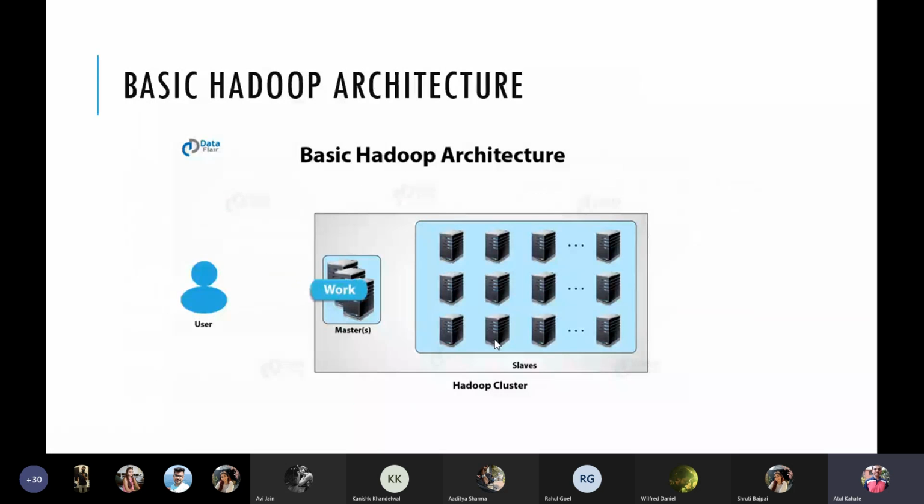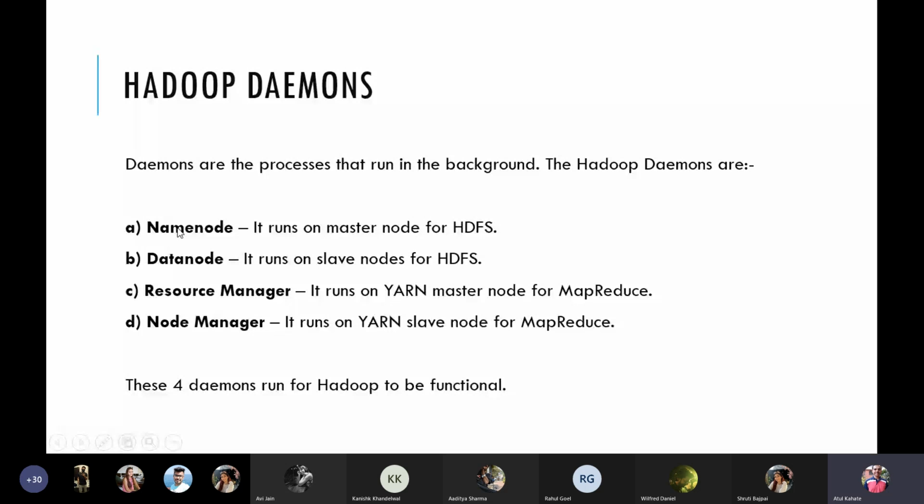which is also why you will see that this diagram carefully shows here multiple masters, which means that in case one of the masters is not working or has failed, then maybe there is a standby, because on the master daemon or master process, we know these two things will be running, name node and resource manager.